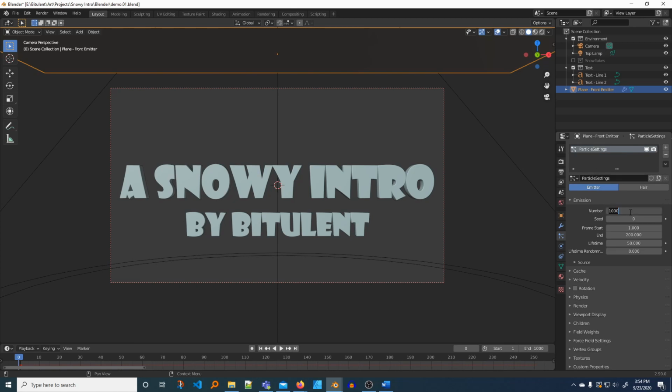We want 1500 snowflakes, and we want it to be between 1 and 1000, which is the end, and we want them to live the entire time. We'll go to velocity. We want this very, very small. We want tangent to be small, and we want to phase it